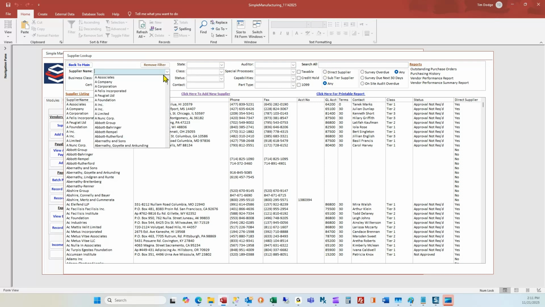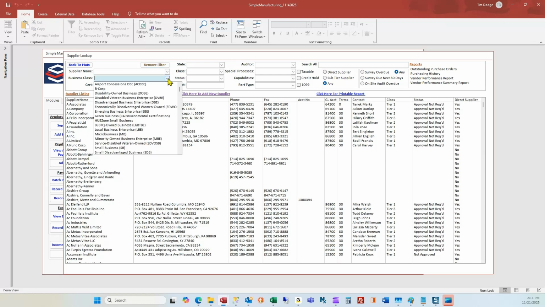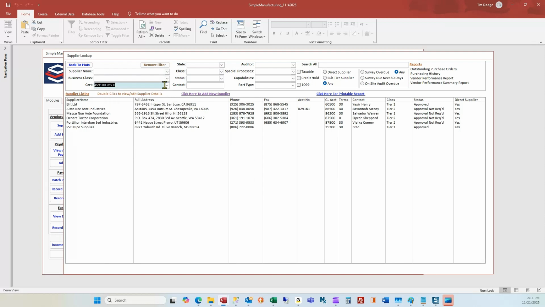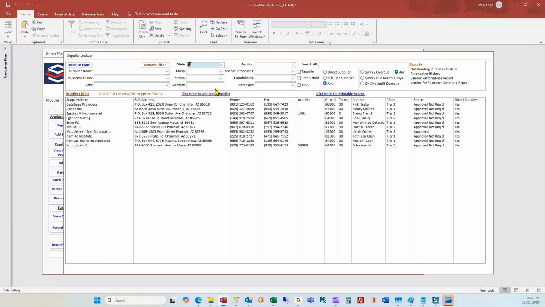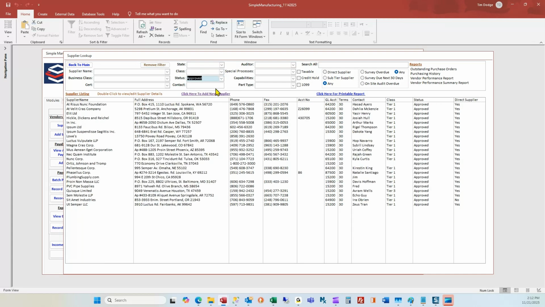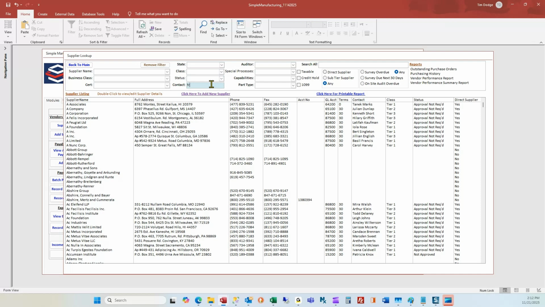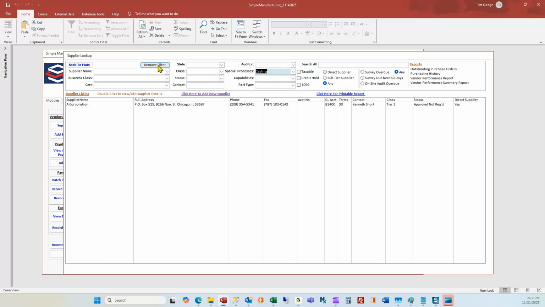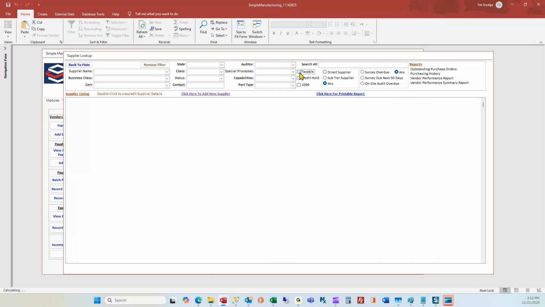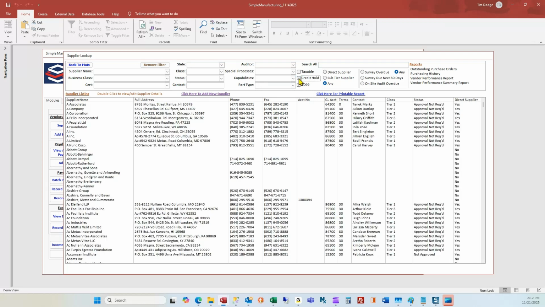Search by supplier name. By business class like disabled veteran-owned, or by the certification they have, like AS9100, or by state, or by class or tier level, or by supplier status, or by either a contact's first or last name, or by the internal auditor assigned to the supplier, or by a special process, or by a capability, or by a part type, or suppliers marked as taxable, or those on credit hold, or even those marked as a 1099